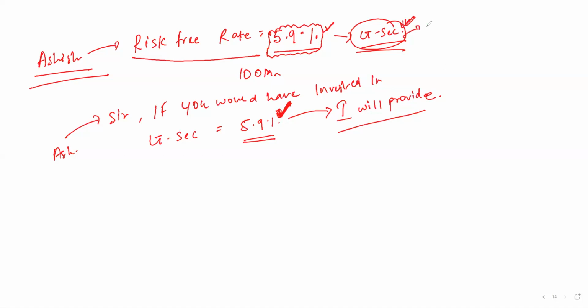Because that is an example of a risk-free asset. Because it is backed by the government's power of taxation and printing money. So if you invest in government securities, there are little to no chances that your money will sink or your investment will go to zero. That is why we are considering government securities. That is basically an example of a risk-free asset. Ashish said, if government security is providing you 5.9% return, I will also provide you 5.9% return. Please invest in my company. I said, my dear Ashish,